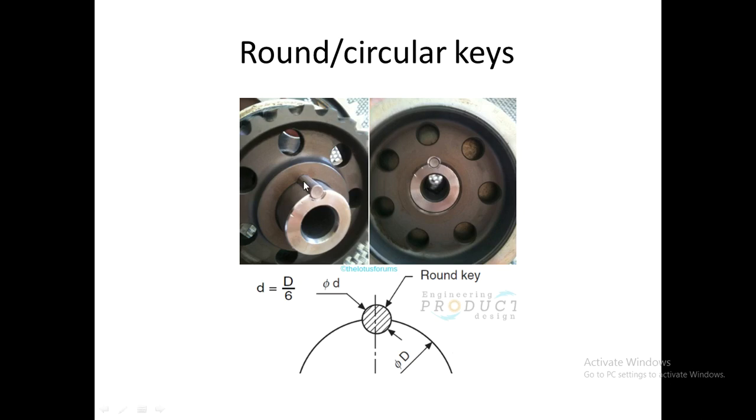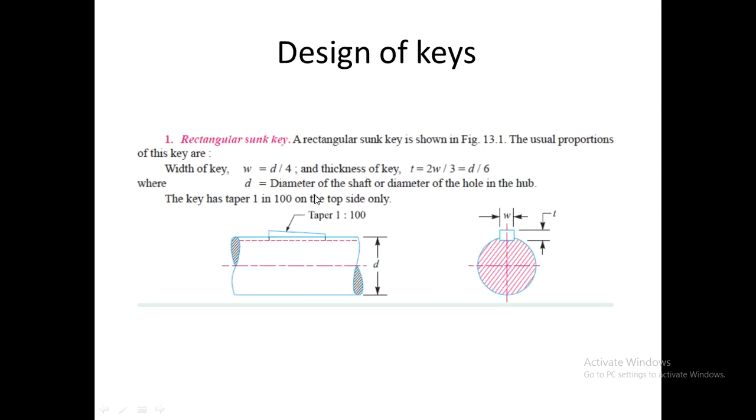Around a circular keys are keys with a circular cross section. So here in this picture we can see a single round or circular key attached to the central hollow shaft. So, design of keys. Before we look into the forces acting on keys, let us look into the dimensions